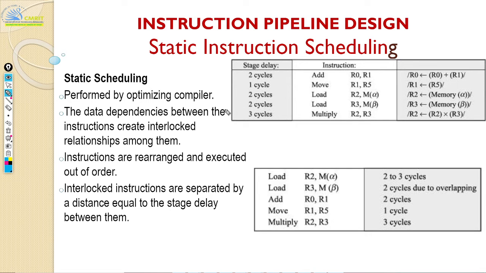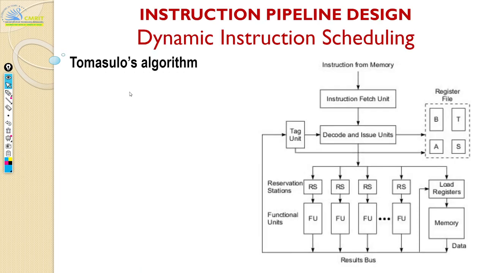The other issue is you may not know which functional unit is currently being used. Even though the compiler can give you the ordering, it's very difficult to exactly pinpoint that this particular multiplier is free or this particular adder is free. When we have a huge processor with multiple functional units, it becomes a problem to do that scheduling, so we cannot go to that granularity. Because of that, we are going to have something called dynamic scheduling. In dynamic scheduling, the first thing we are going to see is Tomasulo's algorithm.